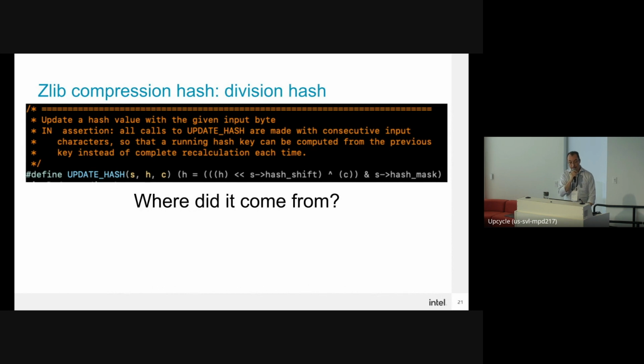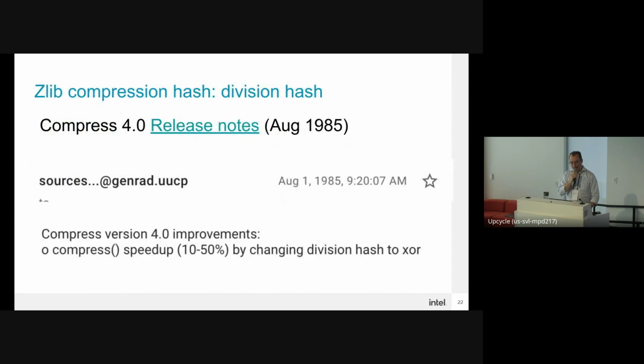And this is how the hash looks. As a matter of fact, they are using a shift followed by an XOR as a trick, instead of, say, doing a division in a modulus. And I was curious because I looked at the code and I was like, all right, what is the origin of this source code? And doing some archaeology, I discovered that in 1985, there is this Unix compress application, and